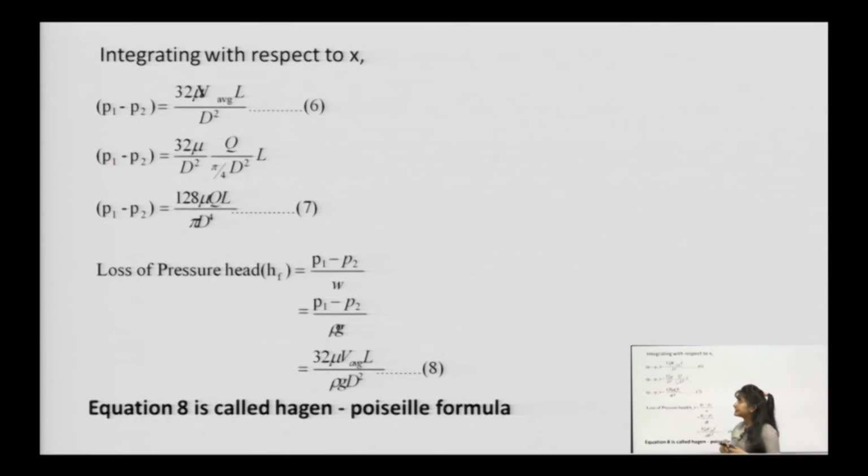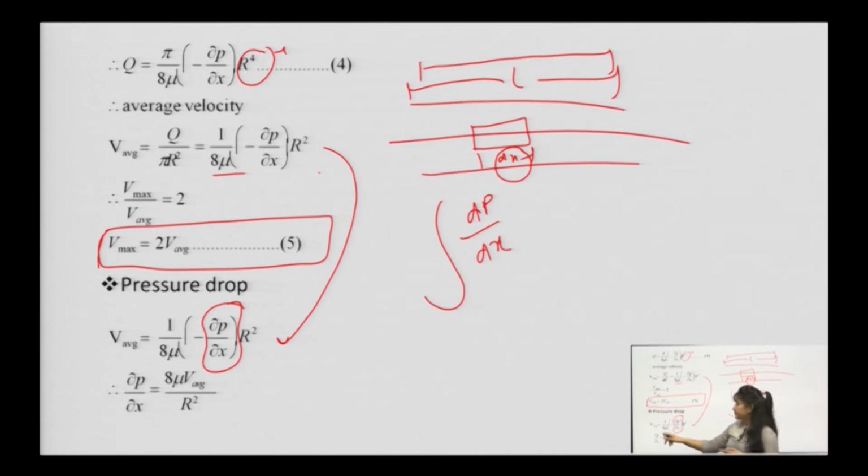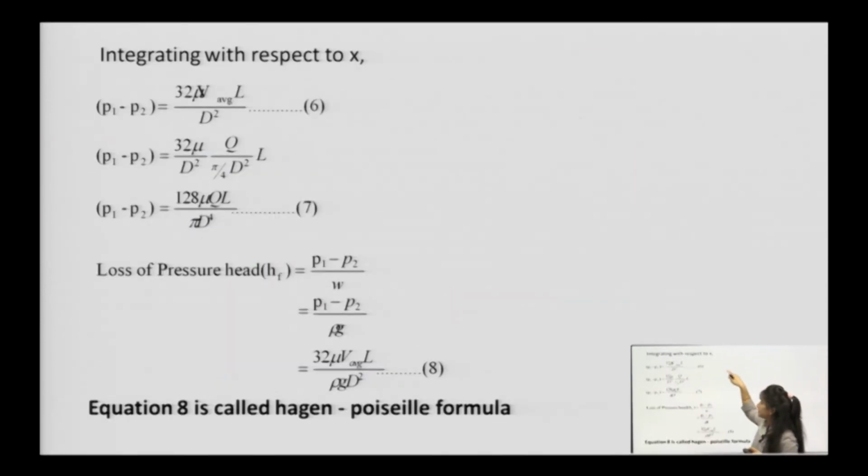Now, after integrating it, we are getting this delta P, change in P, which will be nothing but the pressure at point 1 minus the pressure at point 2, the difference will be taken. dx will be converted into the entire length, because dx is a small amount of length, and when we integrate, it becomes capital L, and hence you are getting the equation as this one.